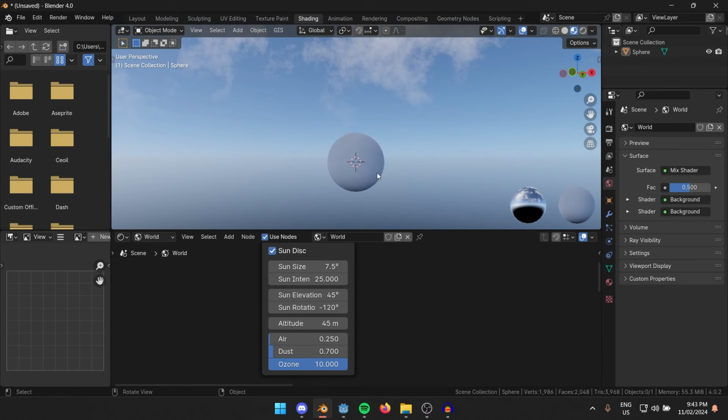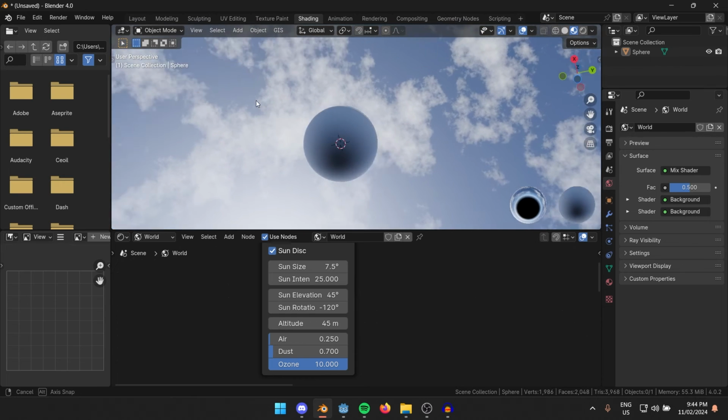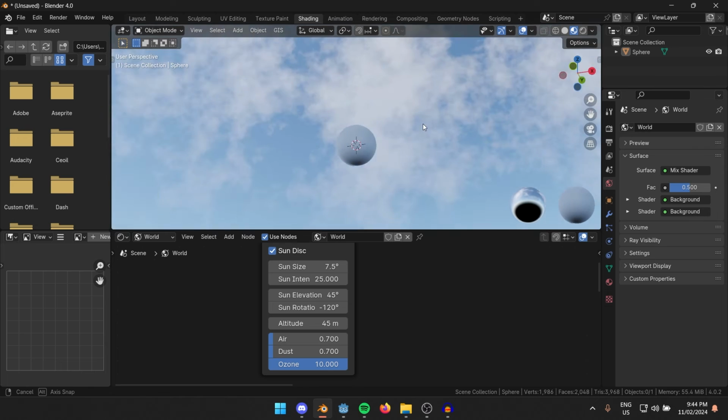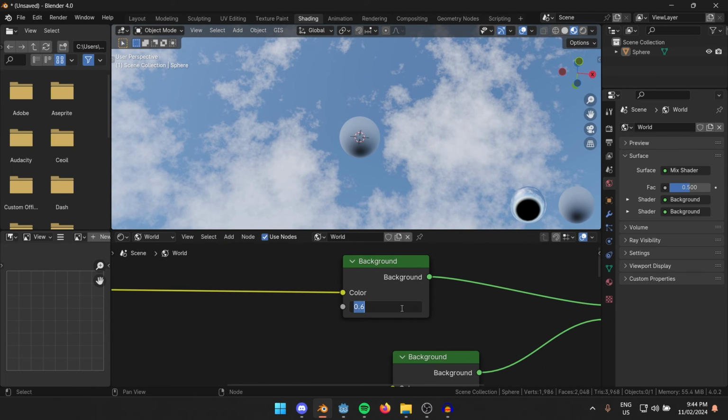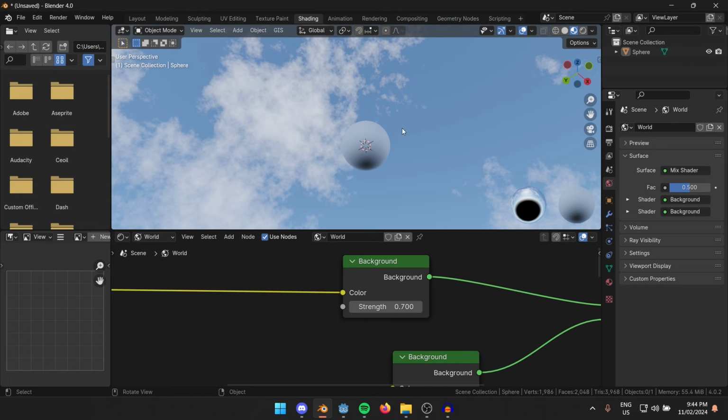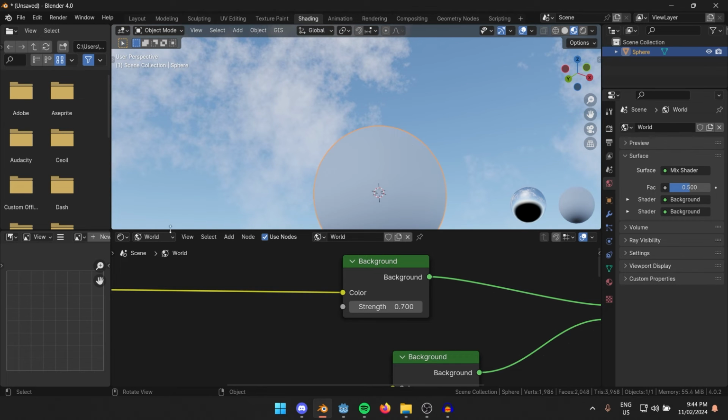The only gripe is it's a little too dark. What about 0.7 for air as well? Oh, there we go. That's nice. Can try upping this just a smidge more. Okay, there we go. Once you have a sky that you think's correct, select the ball and then set the